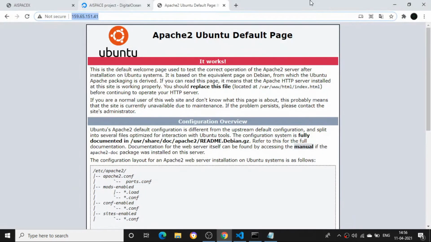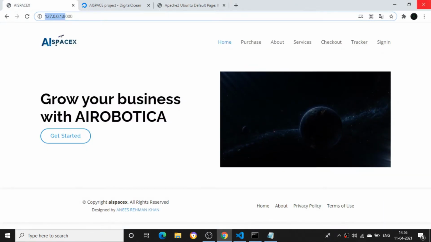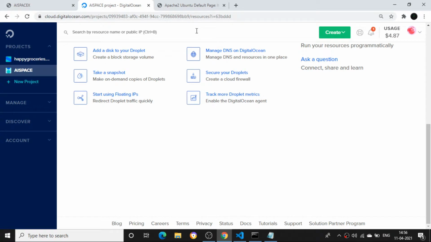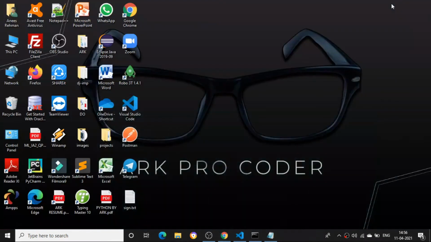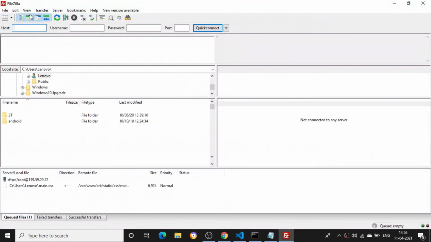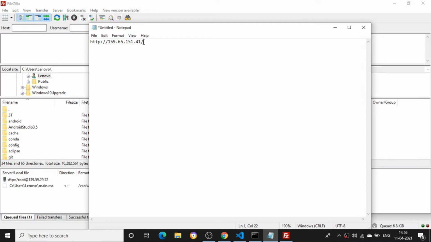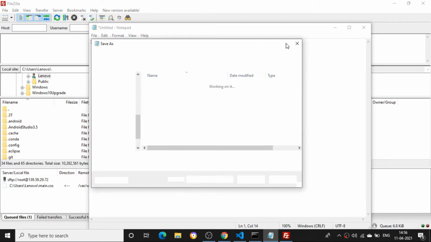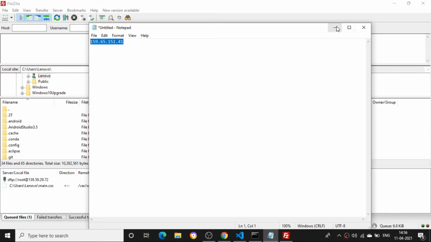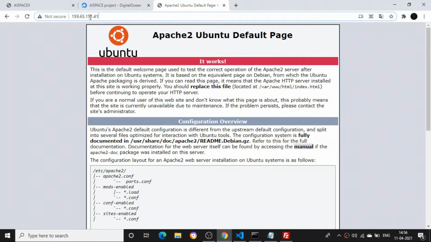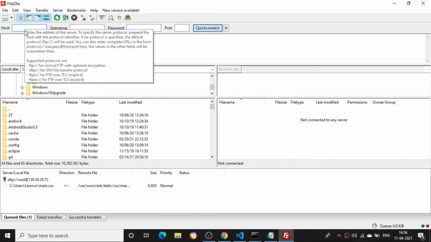So now what I need to do here is serve all the files of this project on this particular IP address. How I can do that is, I'll open this FileZilla client which I have asked you to install. Once you open this FileZilla client, here I need to give a host, username, password, and along with this the port number. Here the host is this particular IP address. So I'll just cut it. Once again, this is the IP address of the droplet. Whichever IP address you have got, you need to use the same IP address to log in with FileZilla. So I'll enter this IP address.